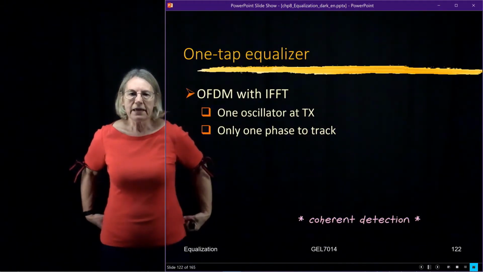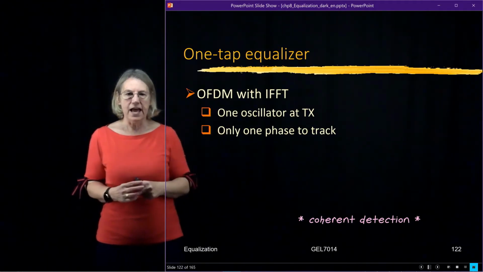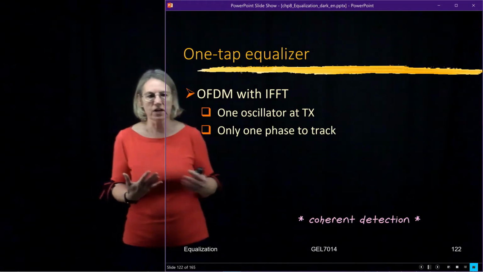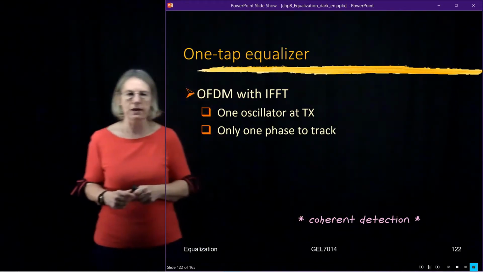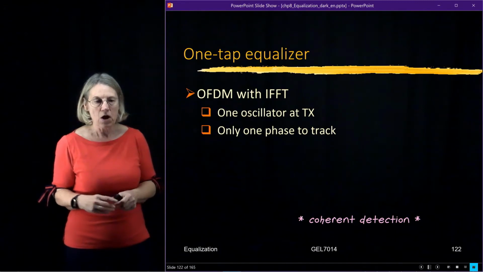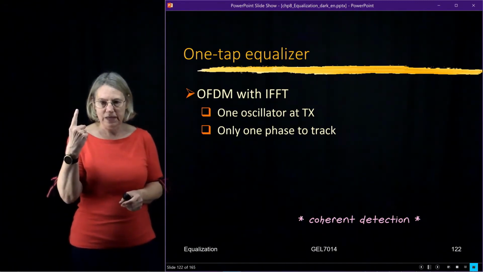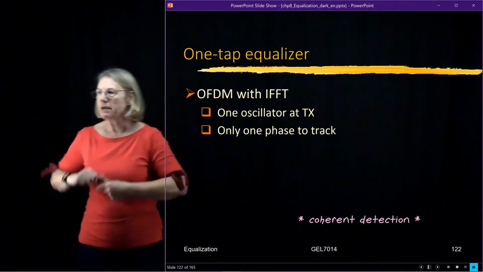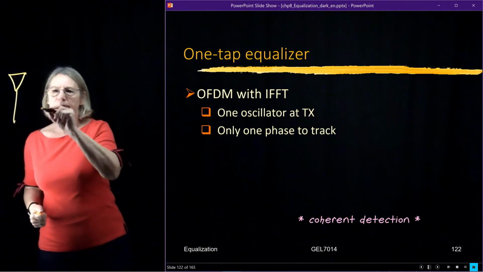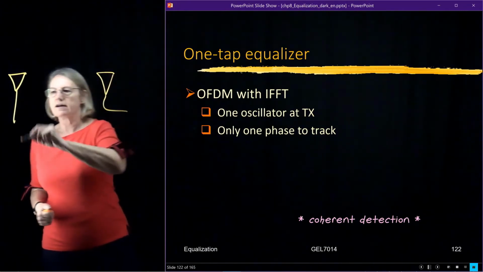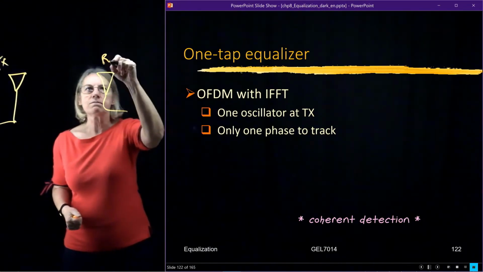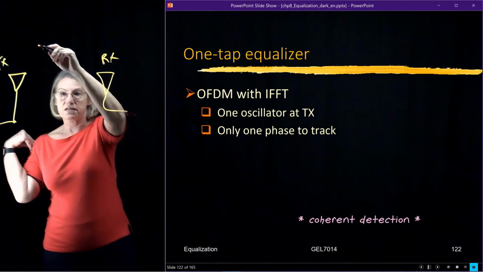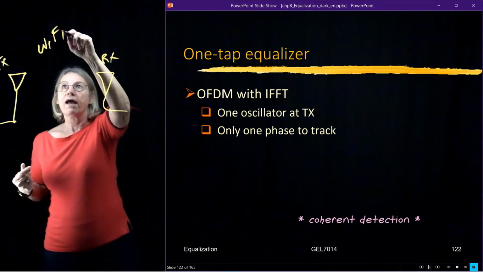So this one-tap equalizer that I mentioned for OFDM is used to achieve coherent detection. So the main reason we have it is to be able to do coherent detection. Remember, even though I have many, many subcarriers, there's really one oscillator. So what does that mean, one oscillator? I said that we have this antenna for the transmitter and receiver, and normally there's some carrier, right? So maybe this is Wi-Fi, and I'm doing